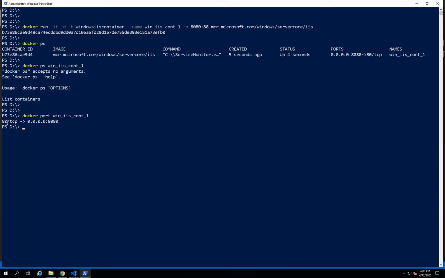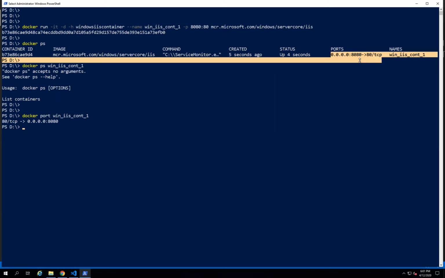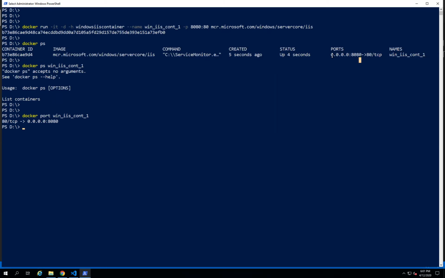This command will give you the ports that are mapped, the container port and the host operating system port. Okay, don't get confused, it's reversed actually. If you execute the docker ps command, the left-hand side is the host operating system port and the right-hand side is the Docker container port. If you execute the docker port command, the left-hand side is the container port and the right-hand side is the host operating system port.